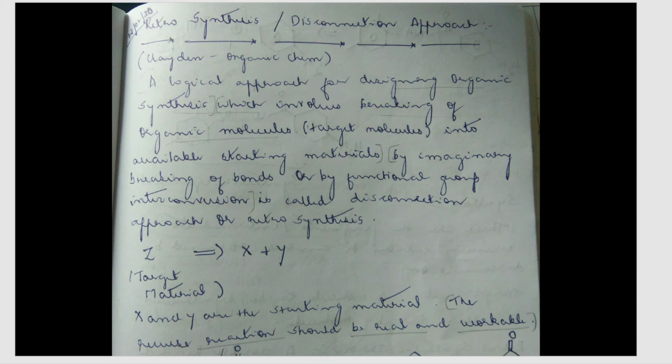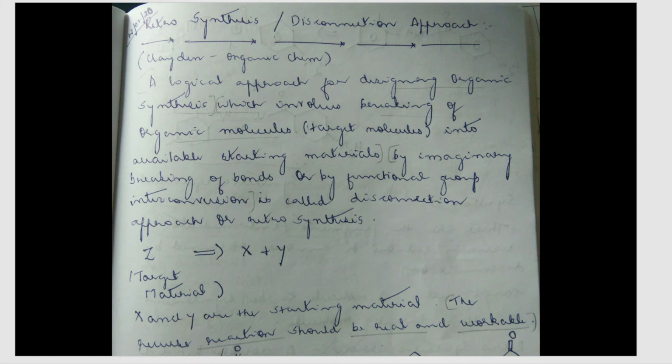But in retrosynthesis, what you're studying is you are given the product and you are supposed to make or disconnect it and reach the reactants. That is, you are supposed to write what type of reactant it has reacted, and then you have got this type of product. So you're coming from the product to the reactant, that is, you're coming backwards in the reaction.